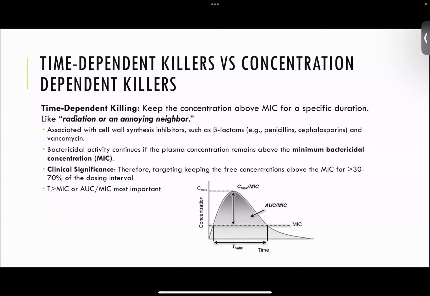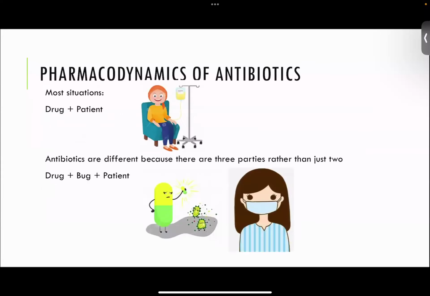Okay, so what do you think we're going to be targeting then? We'll get back to that, but we're going to try to keep our free concentrations above the MIC for a certain percentage of the dosing interval. Does that make sense? So that's time above the MIC is really what we're shooting for, probably. In some cases, we're shooting for an area under the curve over the MIC. So you can see here we have a picture